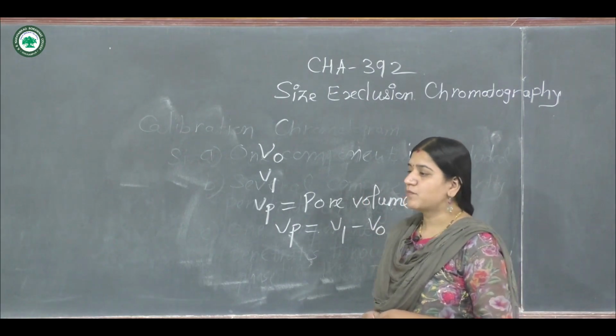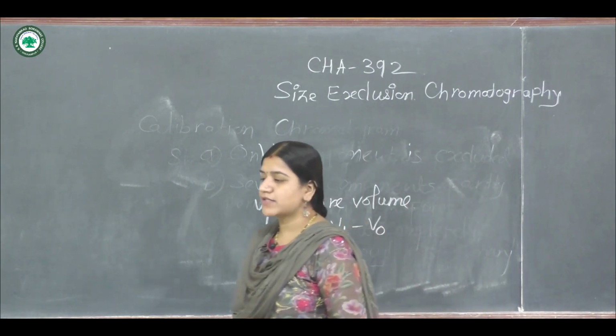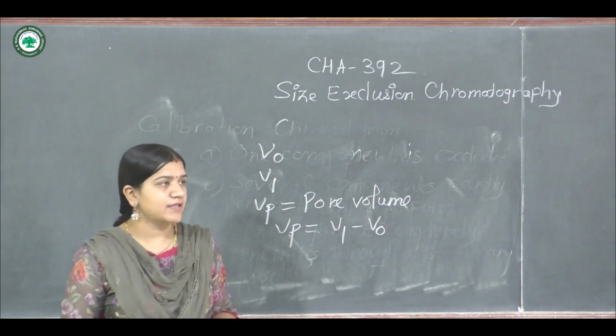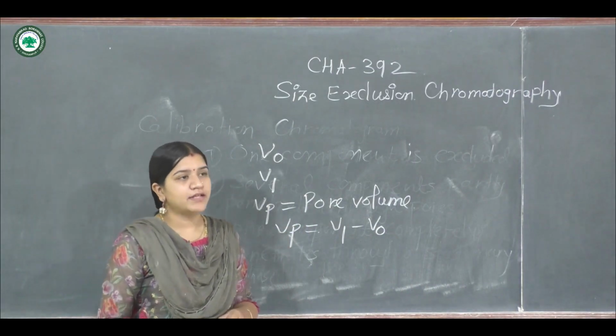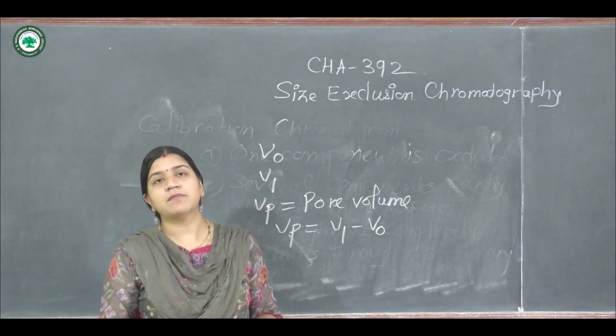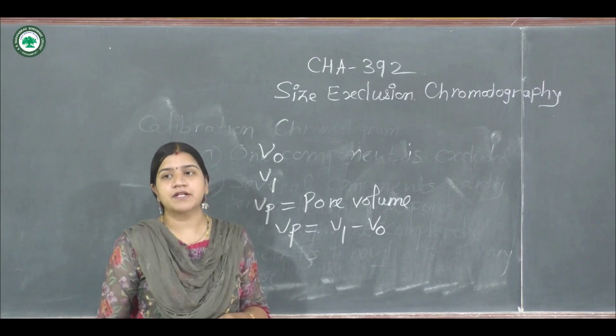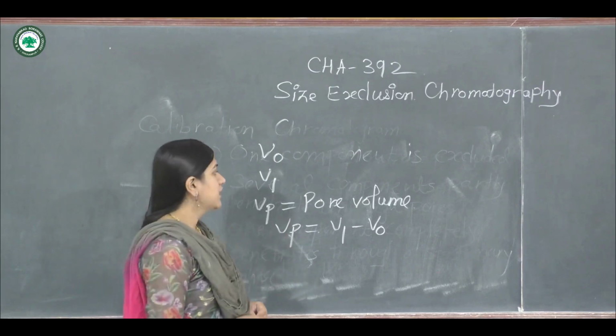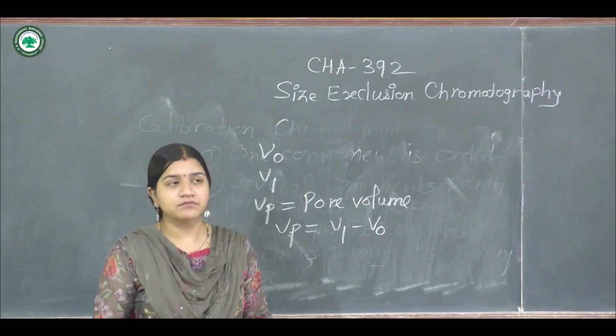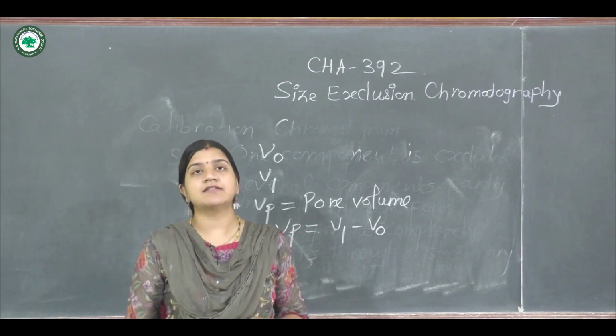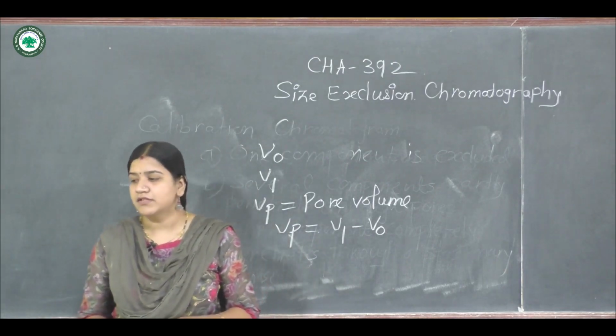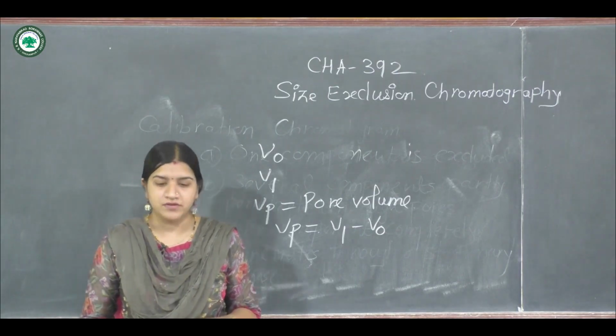Hence, the smaller the size of the molecule, the larger is the elution time, and the compound will be separated at last. And along with this, the larger the size, the sooner these compounds are excluded, at first.